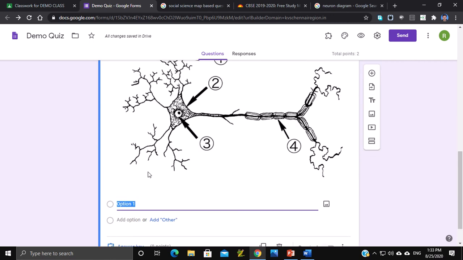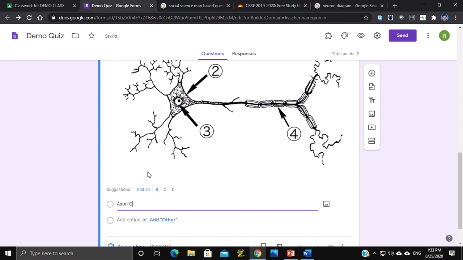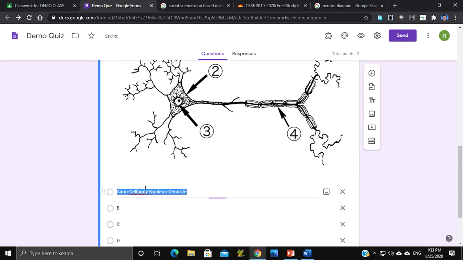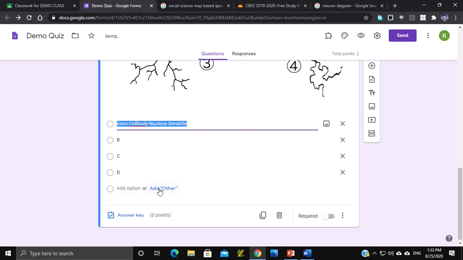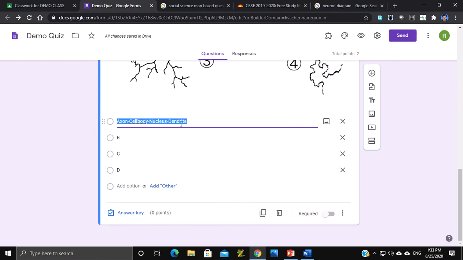Option 1: axon, cell body, nucleus, dendrite. So 4 options are there: axon, cell body, nucleus, dendrite.